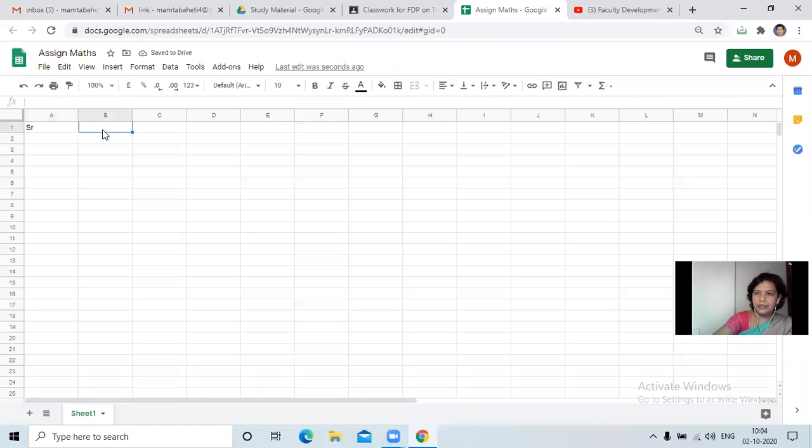Suppose here are the marks of maths or some values. Here physics, chemistry, English. To share with you all, many people say that they can work well with Excel.